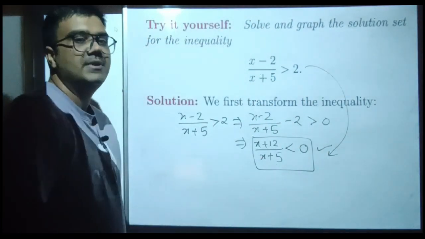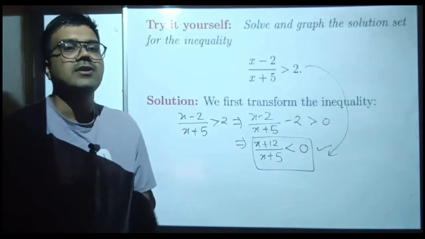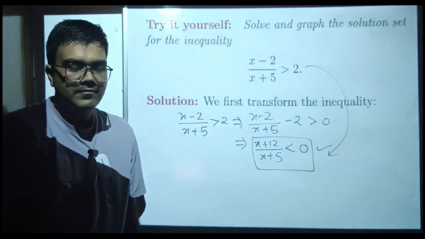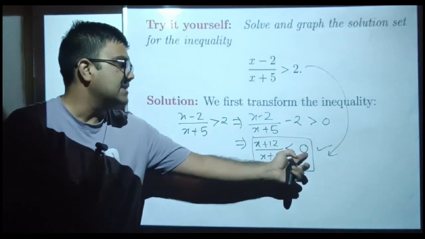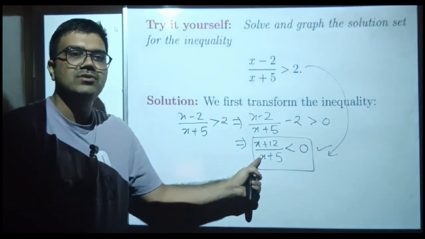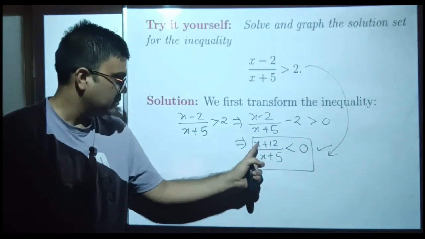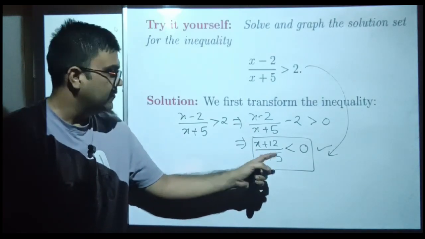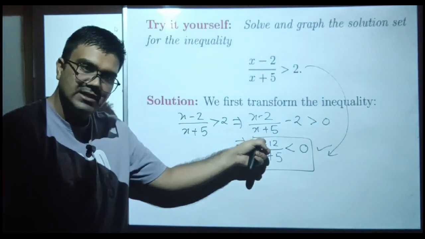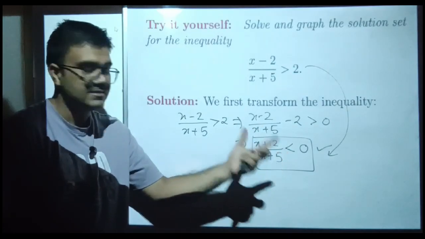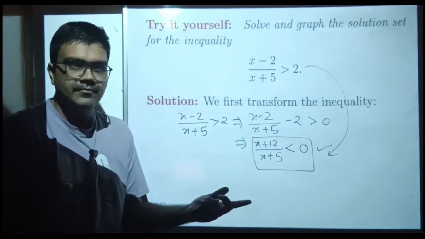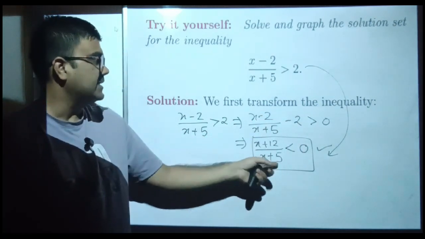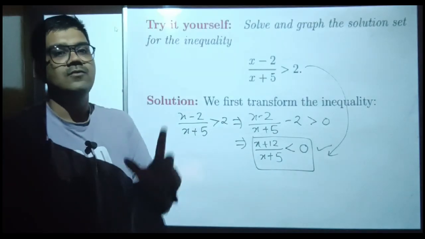So this inequality will come in this form. Now the denominator should not be 0. It means x cannot be equal to minus 5. This value is less than 0. The sign of both these terms should be opposite. If you are considering the numerator as positive, consider the denominator as negative. When the denominator is positive, consider the numerator as negative. Make two different cases and try to solve them. Take the union. Adjust this value so that x is not equal to minus 5 and you will obtain the final